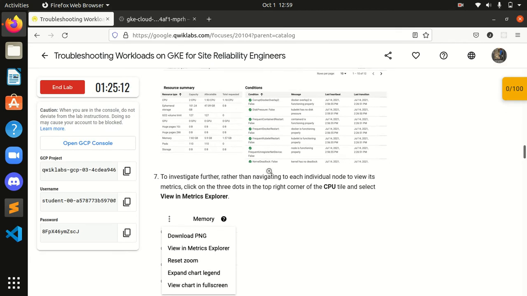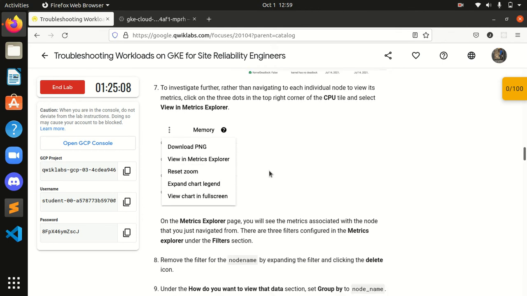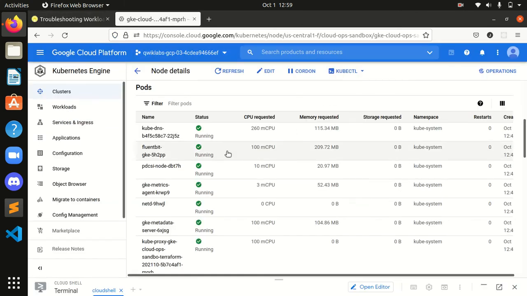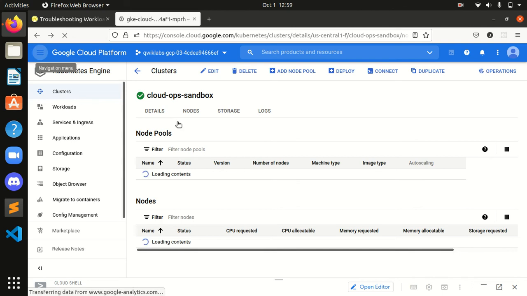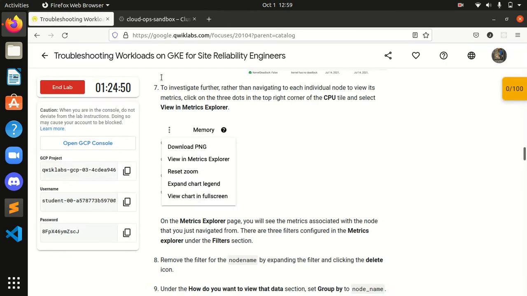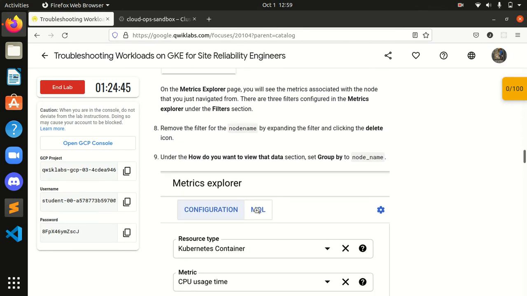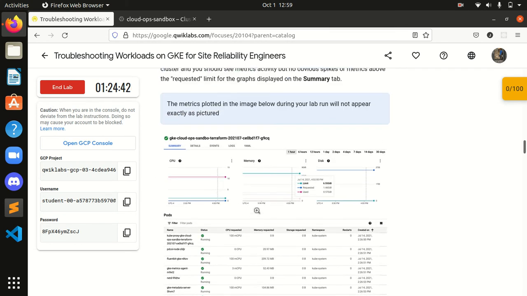To investigate further, rather than navigating to each individual node to view its metrics, look at the CPU tile. And if you want, you can see the metrics also. Okay guys, wait a second.